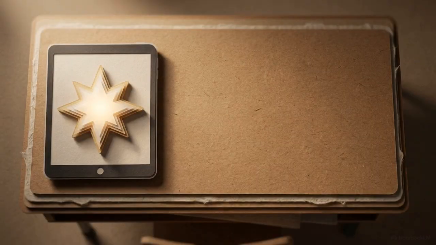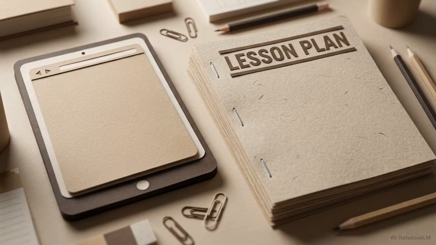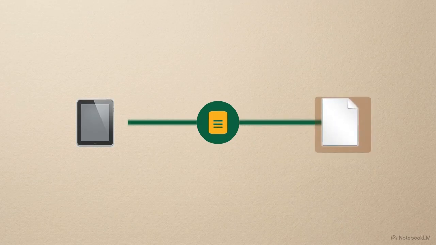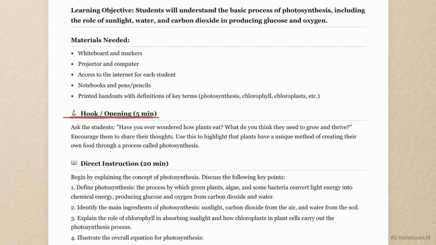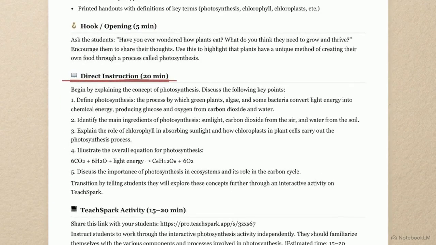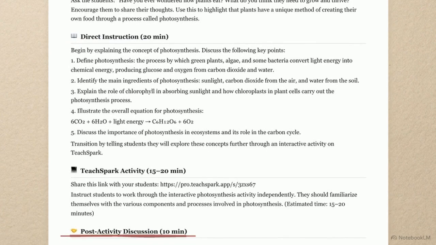But an interactive digital activity is only half the battle. To lead the room for a full hour, an educator still needs a physical logistical strategy. That's where TeachSpark Pro bridges the gap. With a single click, it extracts a printable lesson plan directly from the digital activity you just built. This generated document automatically structures the hour with a 5-minute opening hook, 20 minutes of direct instruction, and a block for the interactive activity. It even provides framing elements to wrap up the class, generating post-activity discussion questions and closing